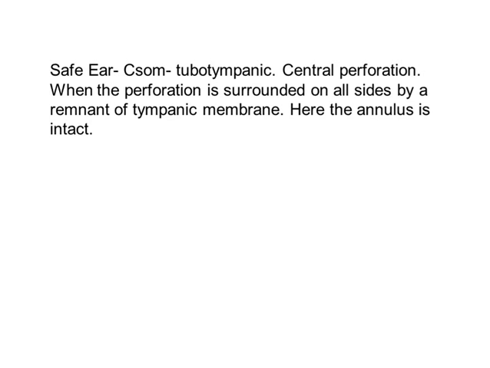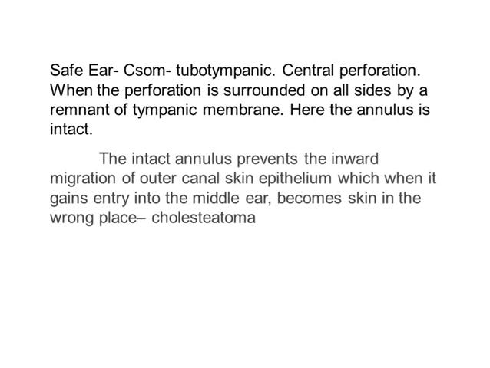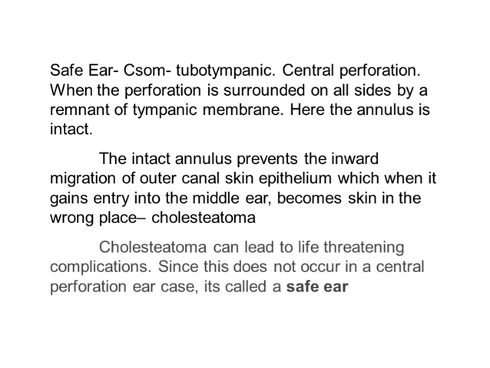Here, the annulus is intact. When the annulus is intact, it prevents the inward migration of outer canal skin epithelium, which, when it gains entry into the middle ear, becomes what we call skin in the wrong place, also called cholesteatoma. An intact annulus in a safe ear prevents this inward migration, and therefore, in such cases, we do not get the development of cholesteatoma. Cholesteatoma can lead to life-threatening complications, and since this does not occur in a central perforation, we call it a